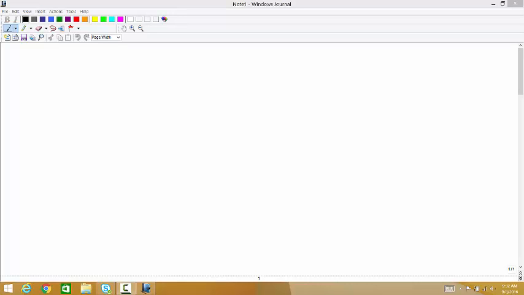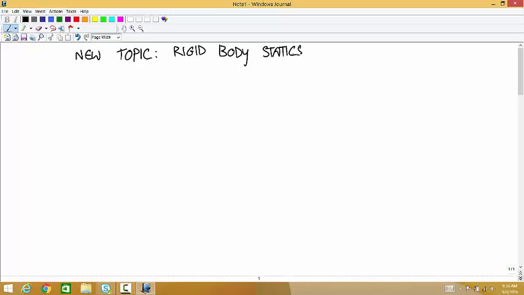So, we're done talking about particle statics, and now we're going to talk about, in some way or another, the topic for the rest of the class, which is statics of rigid bodies. So, new topic, rigid body statics. And so when we're talking about rigid bodies,